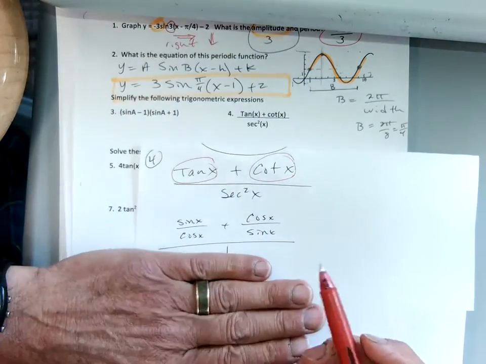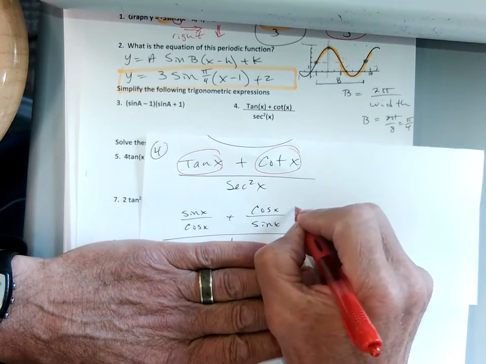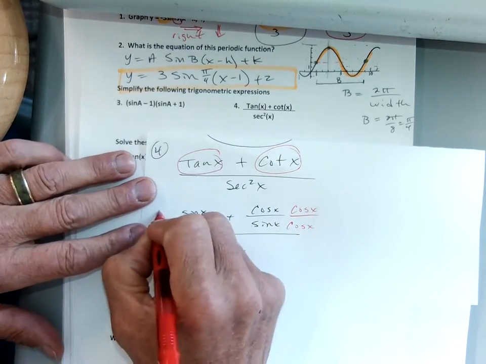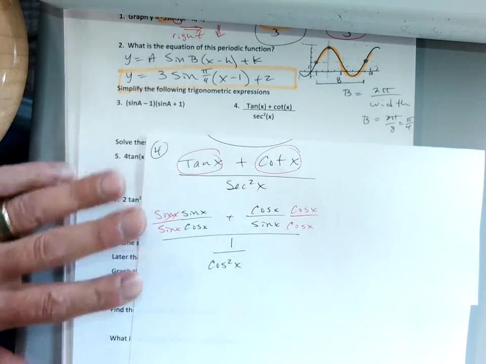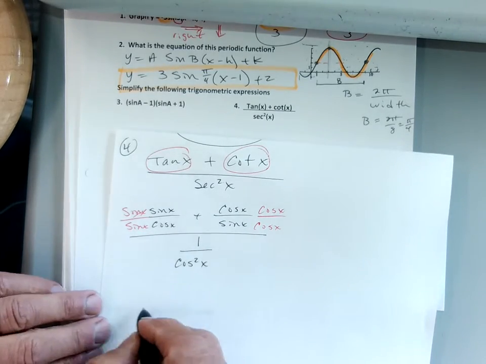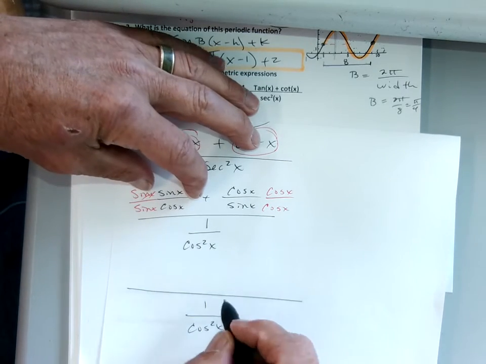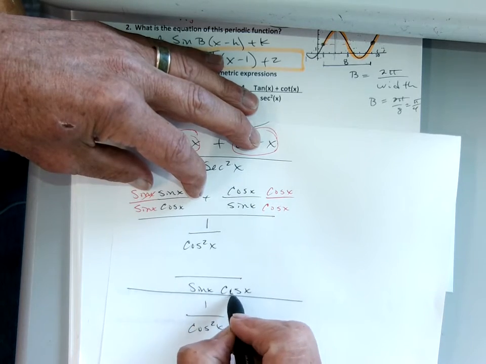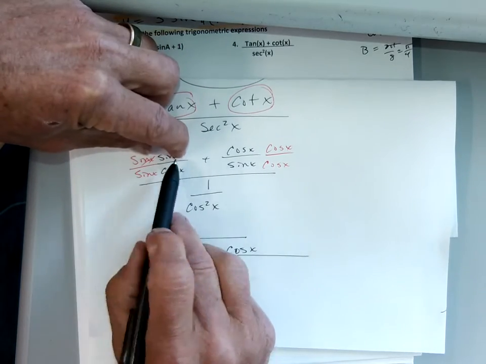Okay, so these two are fractions. We need to add these two fractions, which means you need a common denominator. So I'm going to multiply this by cosine over cosine. Multiply this one by sine over sine. Again, I'm ignoring the bottom for right now. I'm just totally ignoring the bottom. So then I would have a common denominator of sine of x, cosine of x. That's my common denominator. And on the numerator, I'll have a sine squared